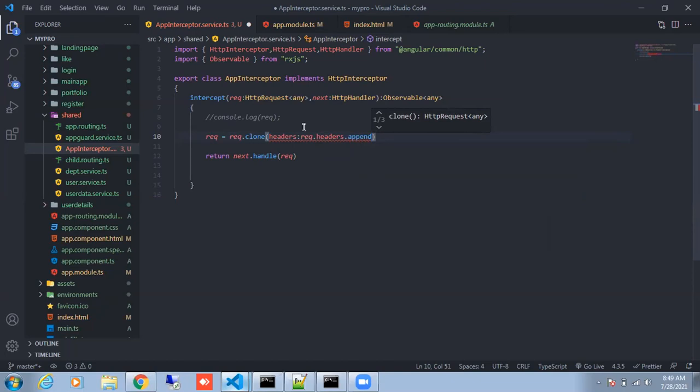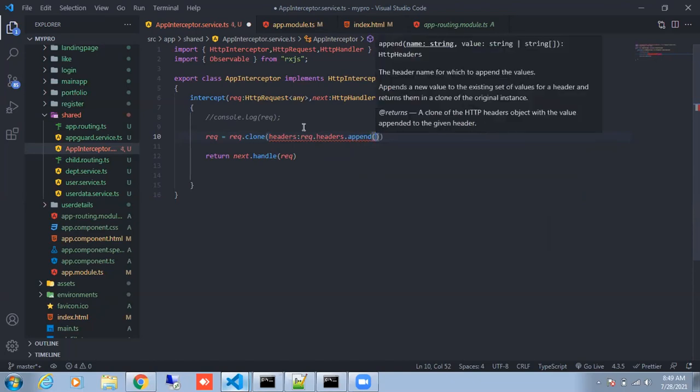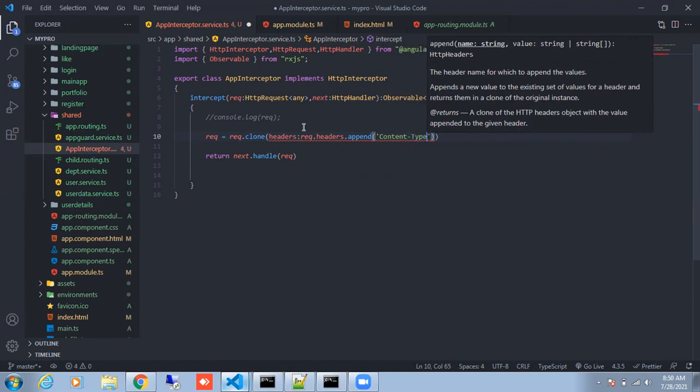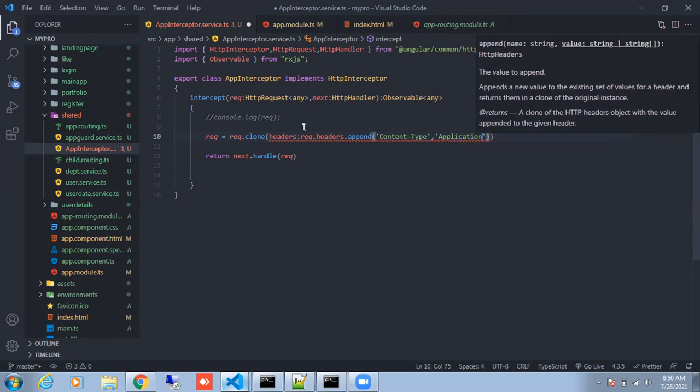Start the round brackets and single quotes, type Content-Type, C capital and T capital. After that put a comma, and again single quotes and say application slash json. JSON will be small letters and A will also be small.